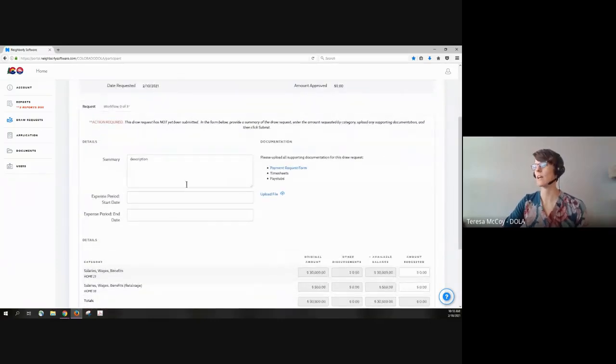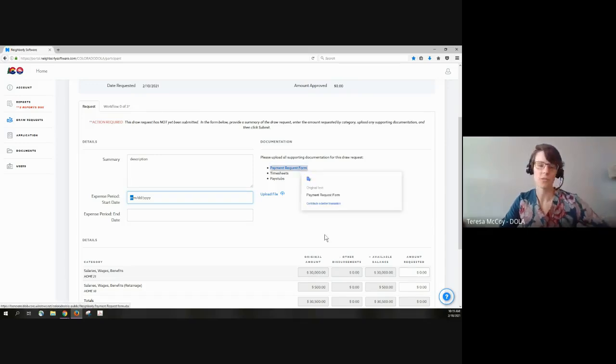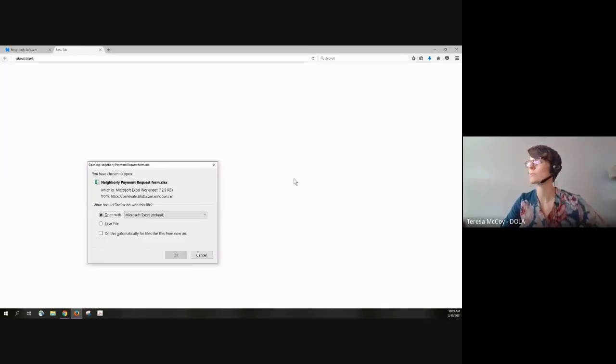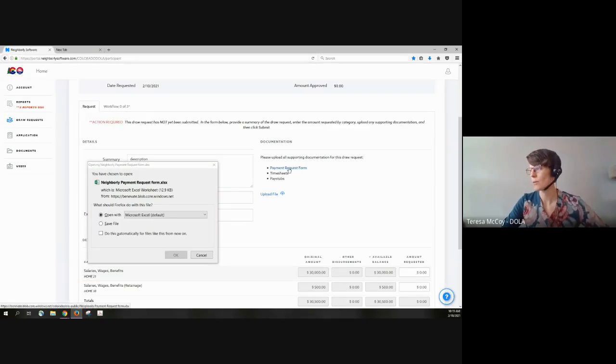There's a couple things it's going to ask for. It's going to ask for the summary. That's what you already typed in. You can change it here if you decided that you didn't enter an accurate summary. It'll ask you for the expense period, the start date, and the end date. That's the period of time in which the expenses were incurred. This is similar to what you submit on your payment request form normally nowadays, for those of you who have current CHDO contracts. We're also going to ask you to upload this payment request